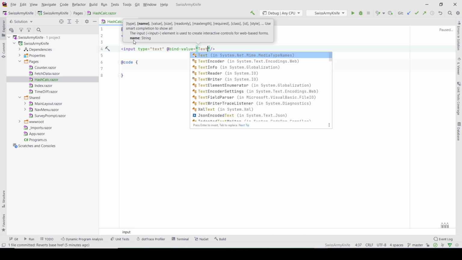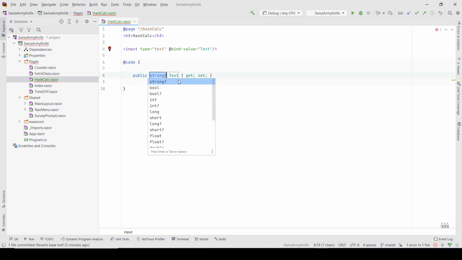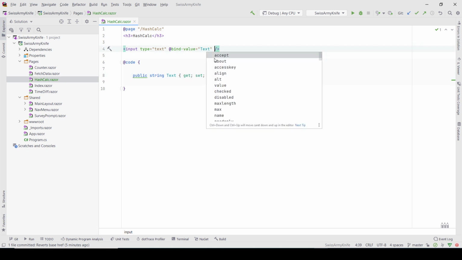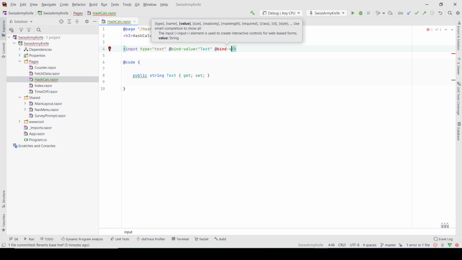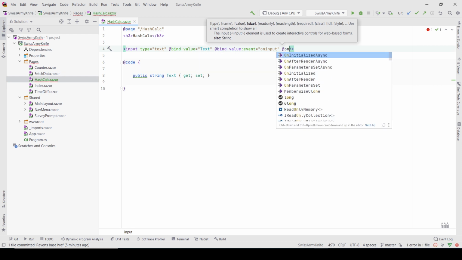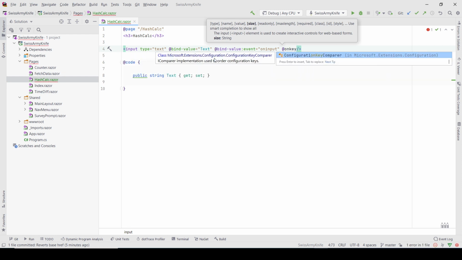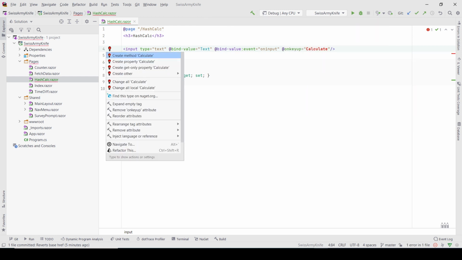So it's going to be bound to some text field that doesn't exist, actually property. And it's going to bind every time on input. And to do that, I have to write bind-value event on input. And when that happens, I want it to call a function to also be called calculate. Can also create this